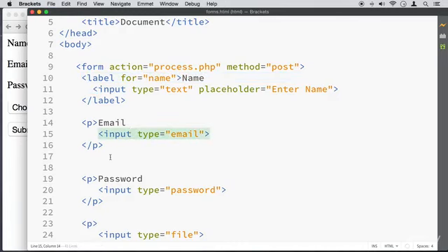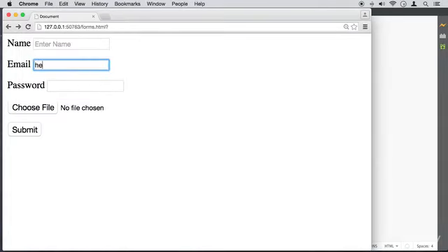Now, in order for us to send this data, we need to actually catch it somewhere else. And the way we catch it, and the way we send it, first of all, is by using this name attribute here in these input fields. And here we just name it email, right? For example. Now, when this data gets sent to this process.php, this input right here, and this is the only one we put this name attribute and the value email, right? This input will be sent with that text that goes inside this email input. So in this case, if I put hello Gmail,